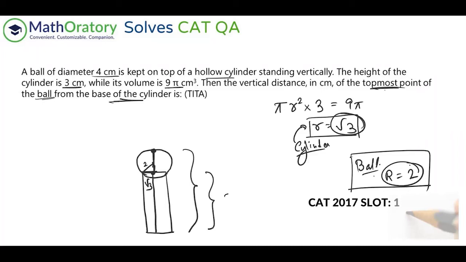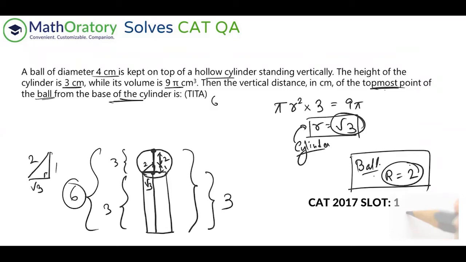Now, this part is already known to us, that is 3. And also, we know this much is 2. So, if I can figure out this part, then the answer is done. And if I look at this small triangle inside, there is 2 here and root 3 here. You can apply Pythagoras, it is 90-degree anyhow. And if you are aware of the 1, root 3, 2 triplet, so this is fine. So this much is 1. So effectively what you get is this is 3 and this is 3. It's not drawn to scale anyhow, but you have a total length of 6 centimeter from the base. So the topmost point is 6 centimeter from the base.